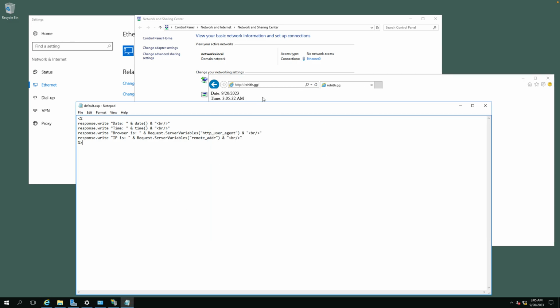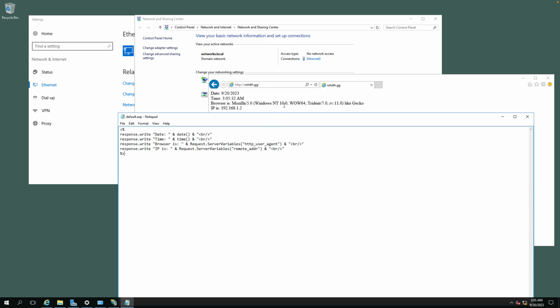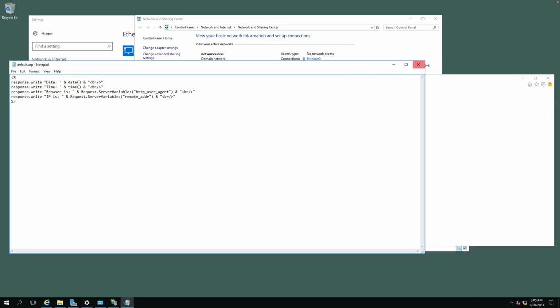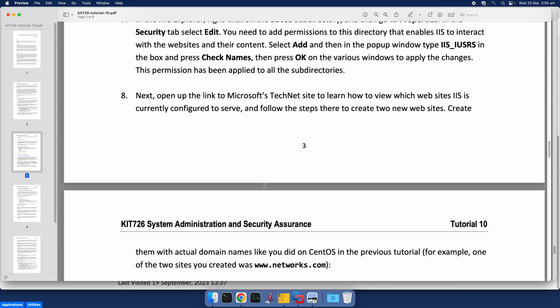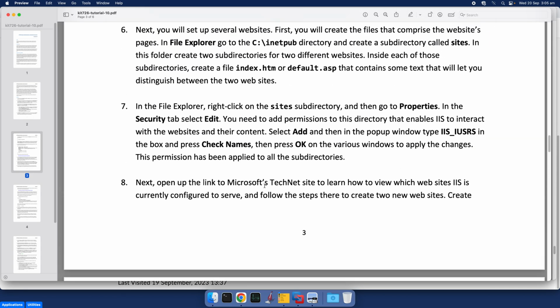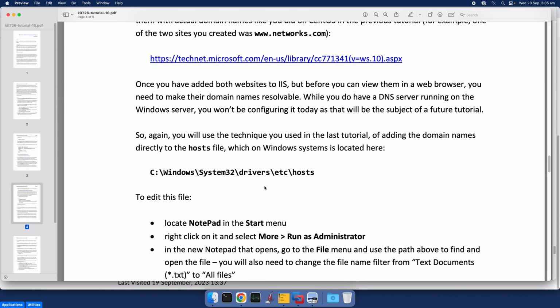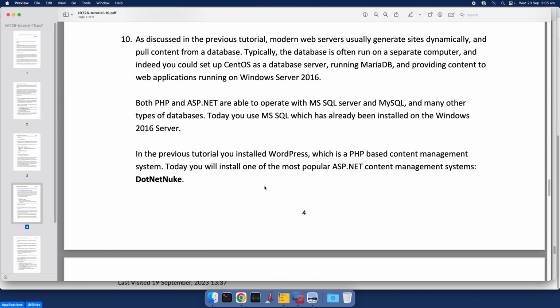Yes, randomize should be in the new line, but you can see all the functions are correctly interpreted. You actually have the output of this command put up here with the response, right? So literally they're echoed out. So this is the ESP part, and similar to, let's check. Yes, so similar to